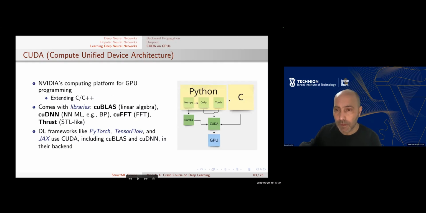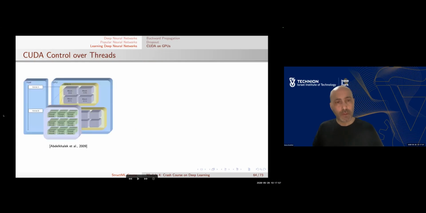We have the high-level languages, and Python has the machine learning libraries like Torch, okay, and Torch accesses CUDA, or it may also have some intermediate libraries like NumPy uses Numba, which uses CUDA, and CUDA is the one operating against the GPU. Okay, so that's how we program on the GPU. Now,